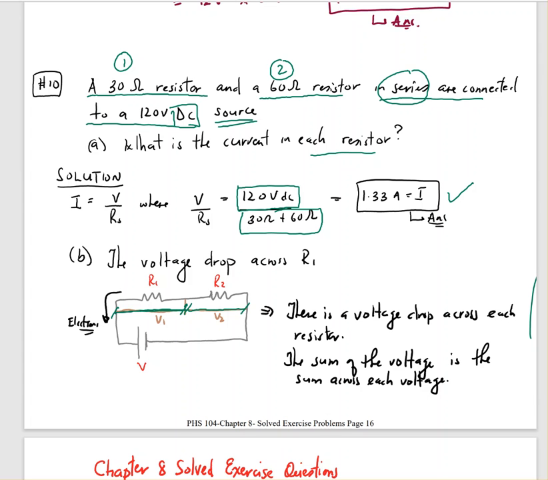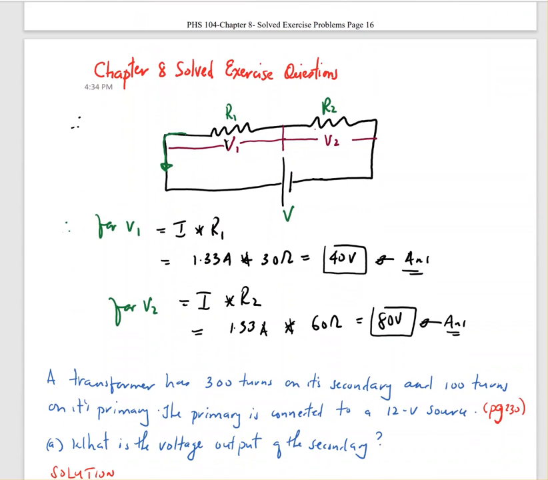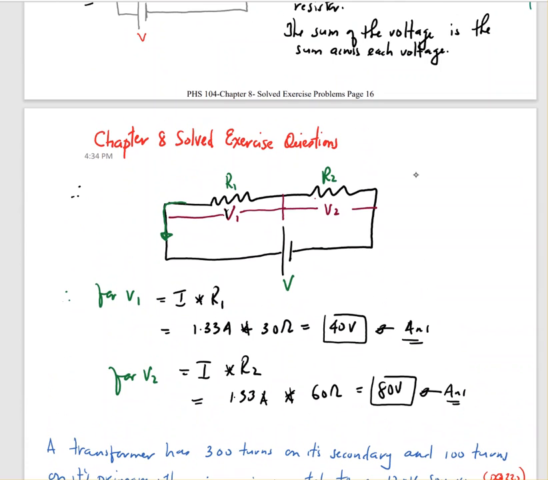Okay, that's just the definition of resistors that are in series. Since you already know that V1 does not equal V2, but we do know that I equals I1 equals I2, we can now take that same current